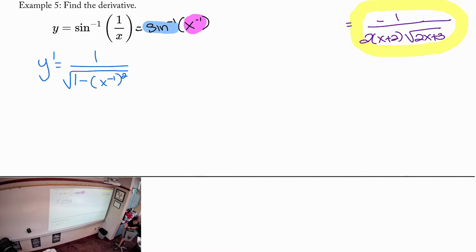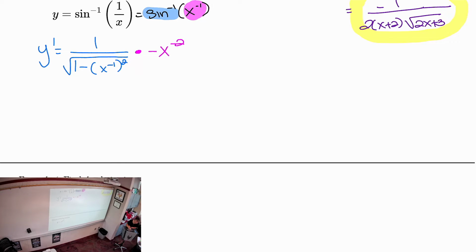So whatever's in the argument, the angle measurement, squared, and then times the derivative of my inside function, which is negative 1 x to the negative second power. This one's not as bad as the other one. The other one was a little bit of a train wreck. So y prime is negative x to the negative second power